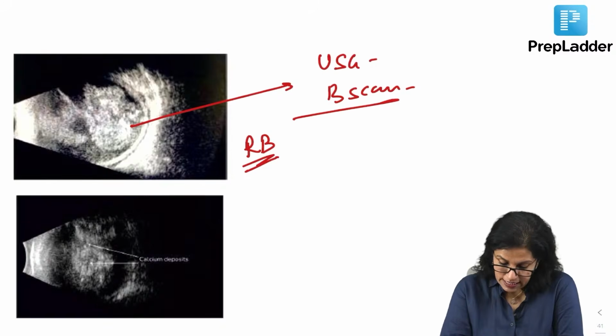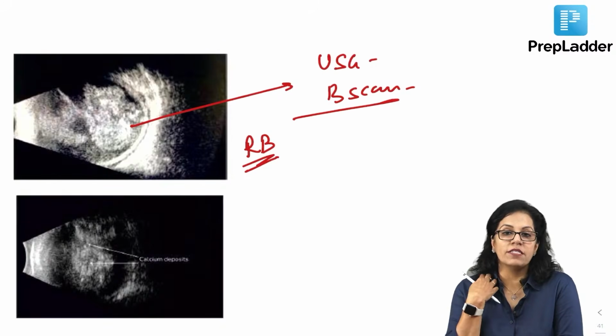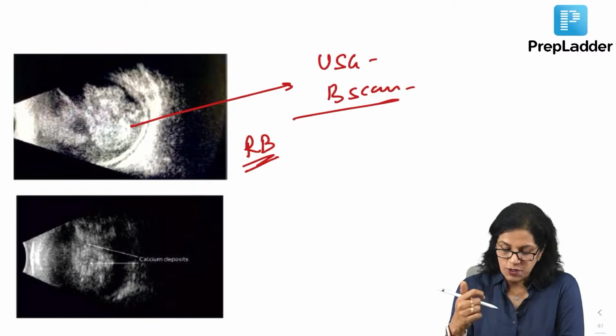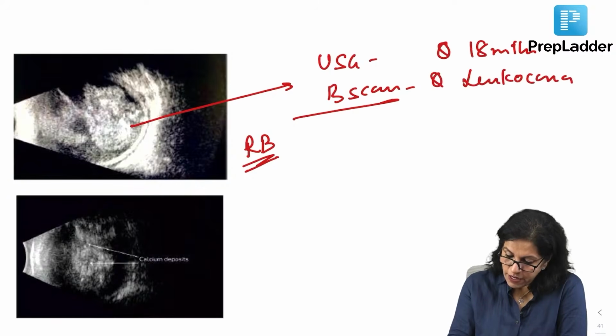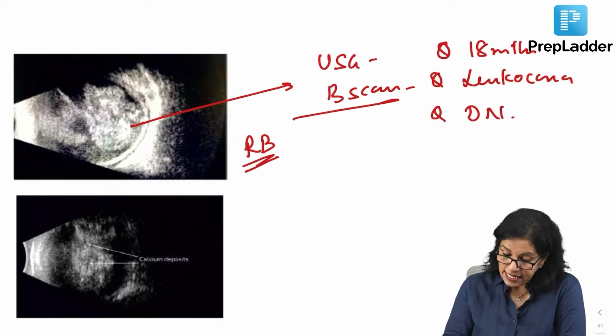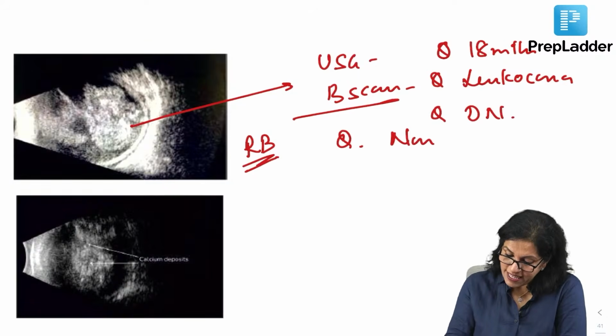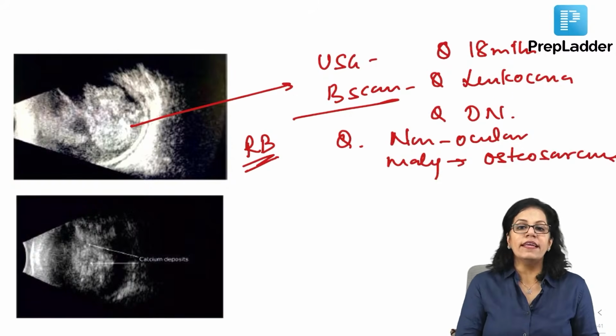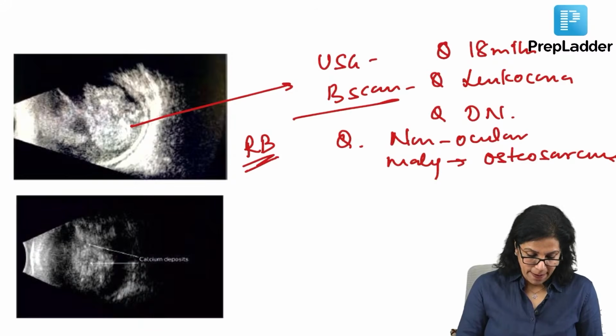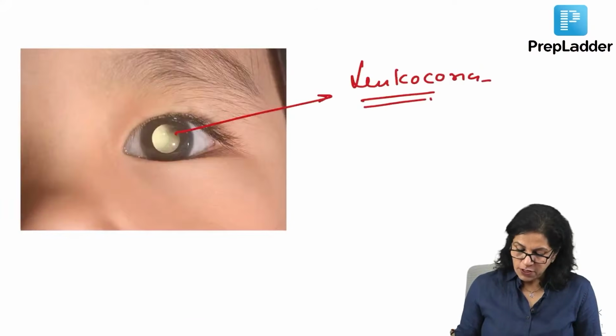Okay. Another important thing, please remember: what is the most common age of presentation? It is 18 months. Then the most common mode of presentation is leukocoria. Then what is the most common mode of spread? You have learnt with me. The mode of spread is through the optic nerve, isn't it? And then another question is the most common non-ocular malignancy in retinoblastoma. So, non-ocular malignancy you will answer osteosarcoma, right. So please learn your retinoblastoma very, very nicely.